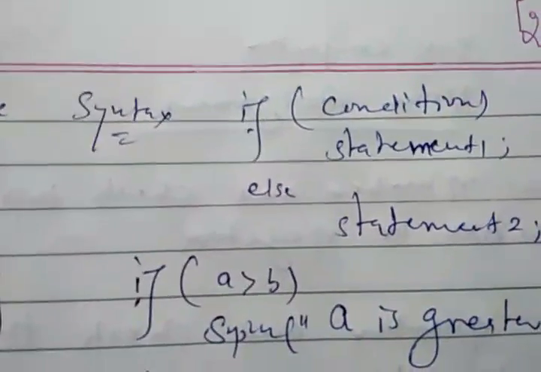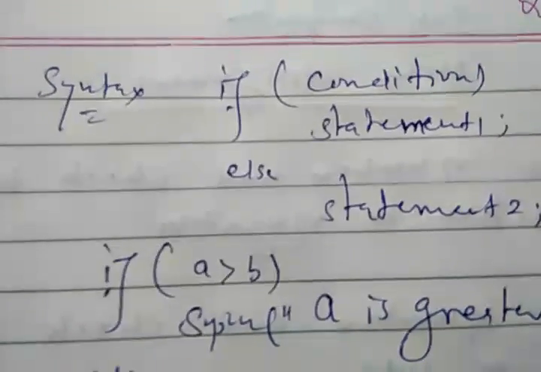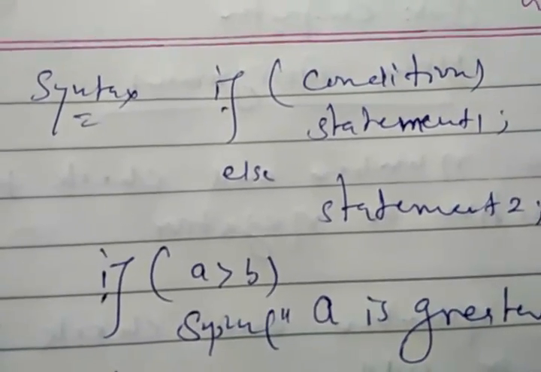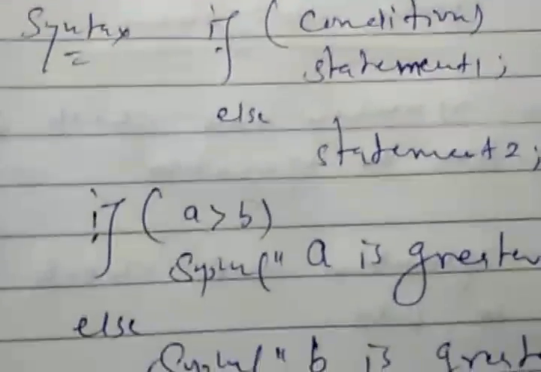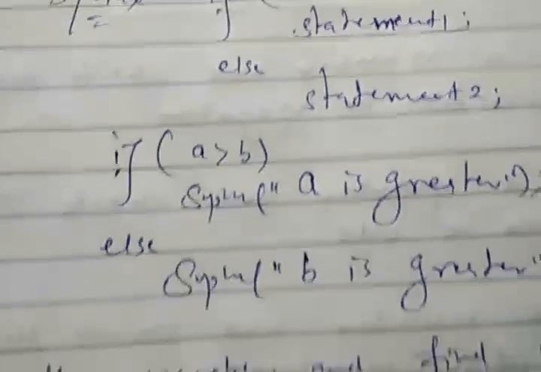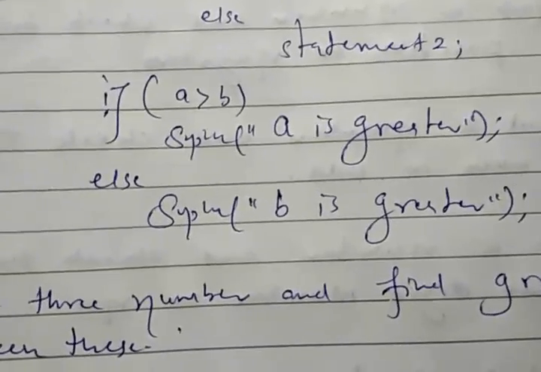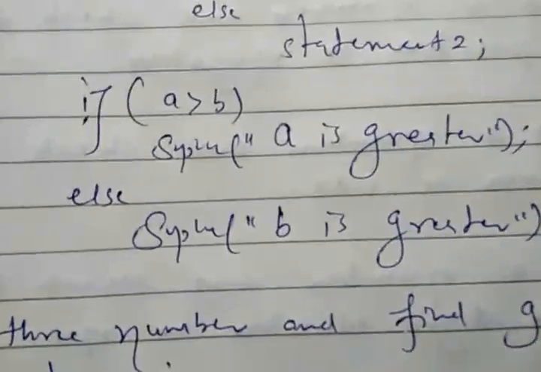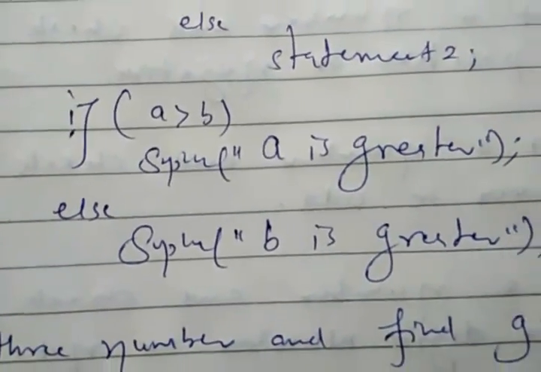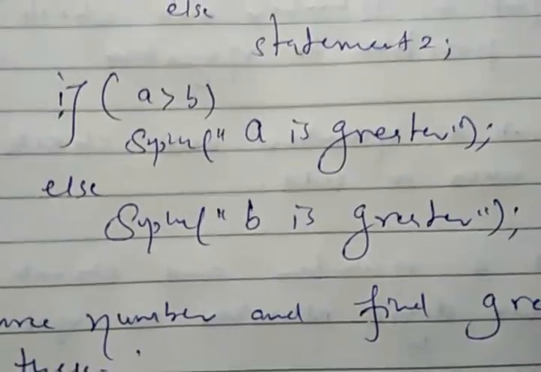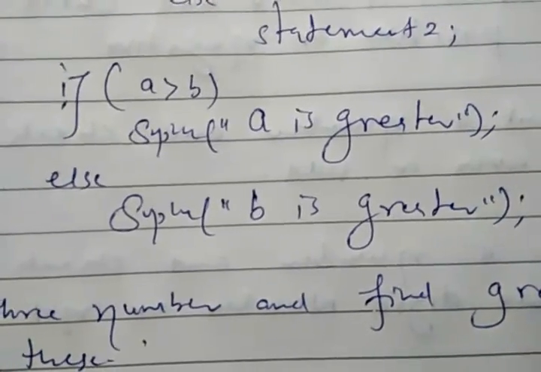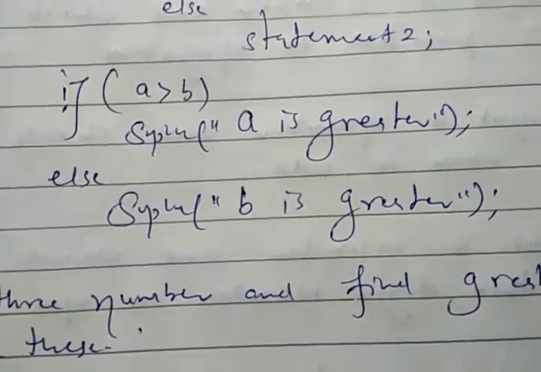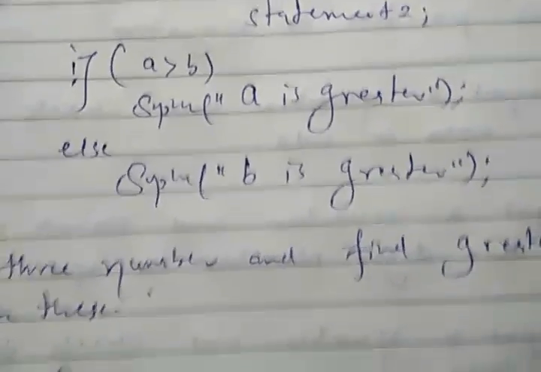Now the next statement is the if else statement, and the syntax of if else is if and there is a condition. If the condition is true, then statement 1 will be executed. Here there can be a single statement or multiple statements, otherwise statement 2 will be executed. The same program I am explaining here with the help of if else. Suppose you have inputted numbers in a and b, so we will write the condition if a is greater than b, then the system will print the message a is greater, otherwise we will not check any condition, and the system will print another message, that is b is greater.